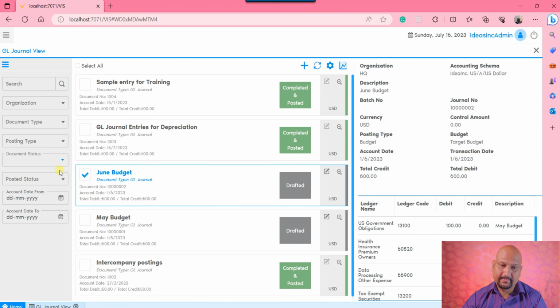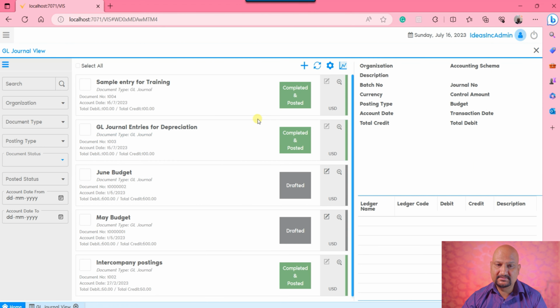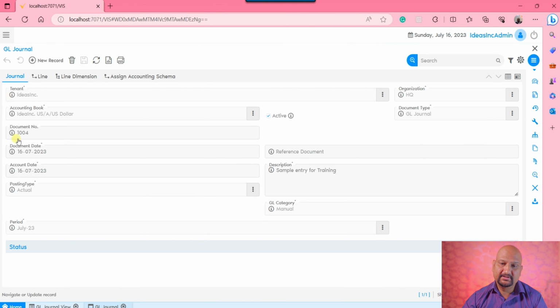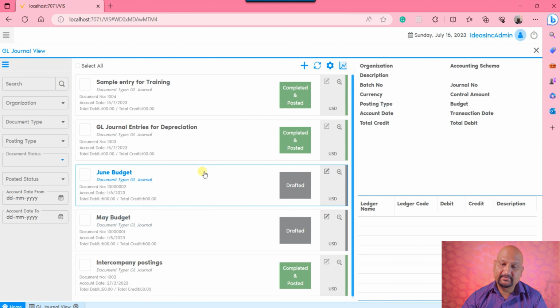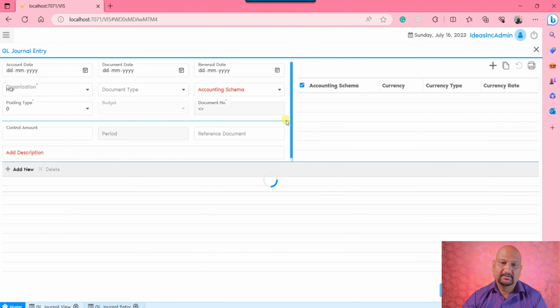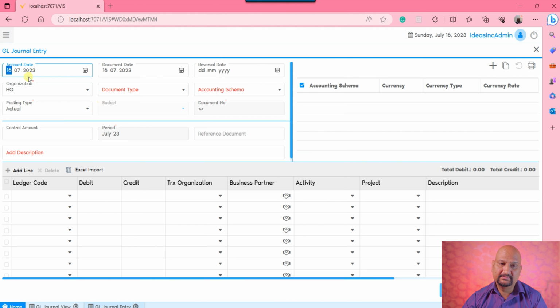If I want to see the details at the level of the windows, then I can use this button. I will say zoom, and I would be at that particular window. And if I want to generate a new journal voucher, then I would press new record. Then you would be able to see the details. Then you would type your